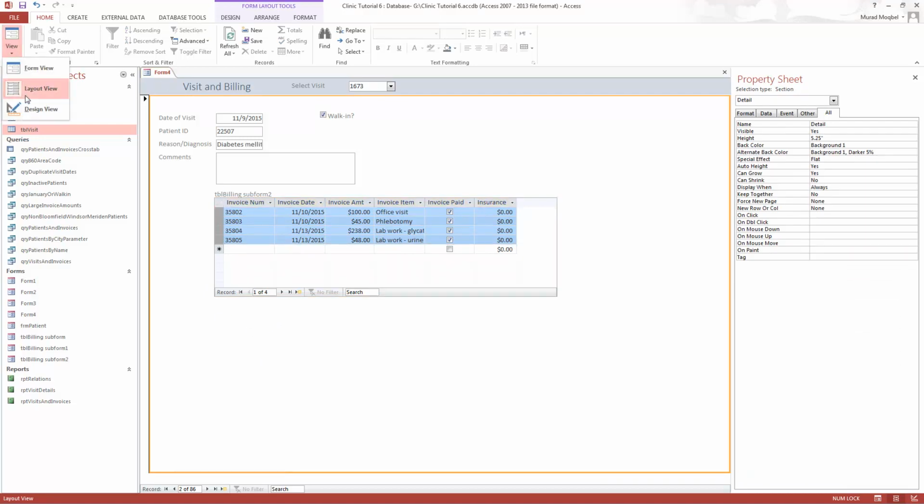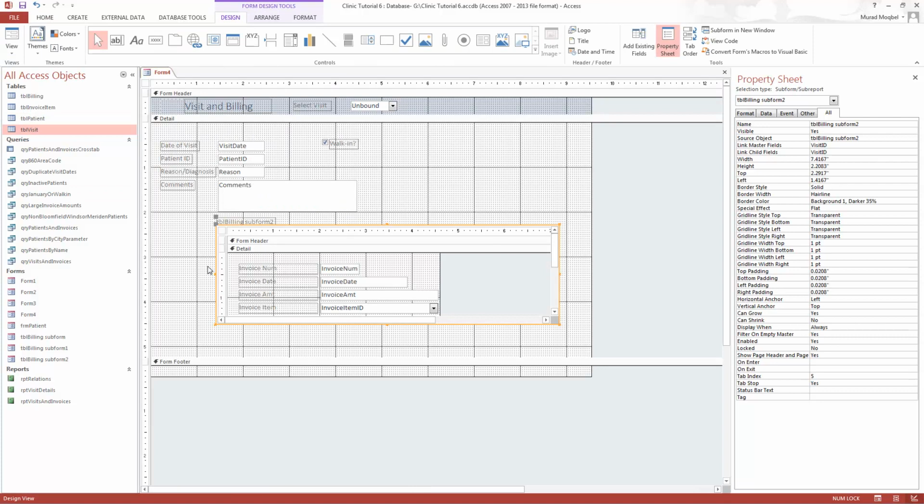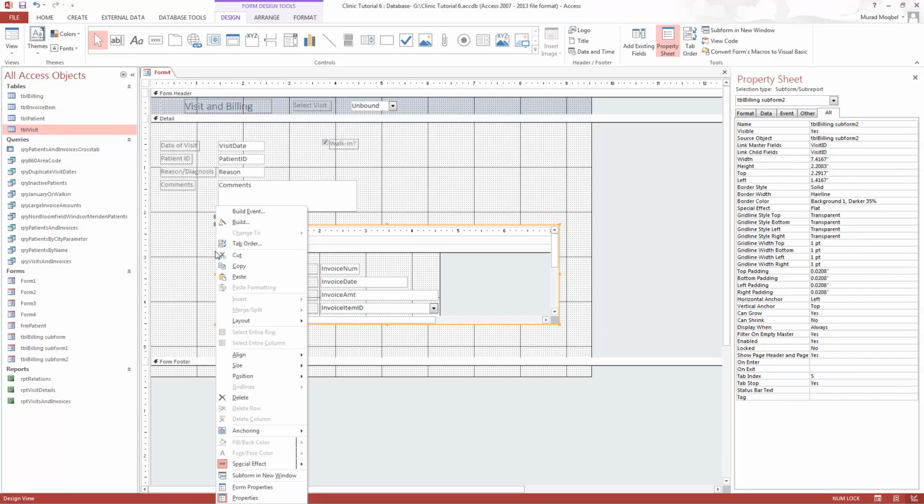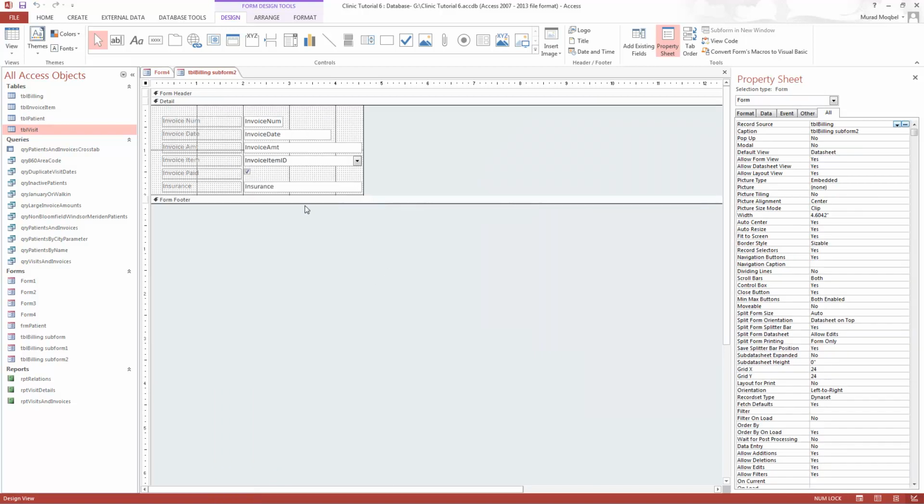So in this case, you will need to do the calculation in the subform first, and this is a tricky step, so you will need to be careful and follow closely what I will do right now. I am selecting the subform here. I'll right click on this subform, and I will say subform in new window. So I'll select subform in a new window. What I will do here